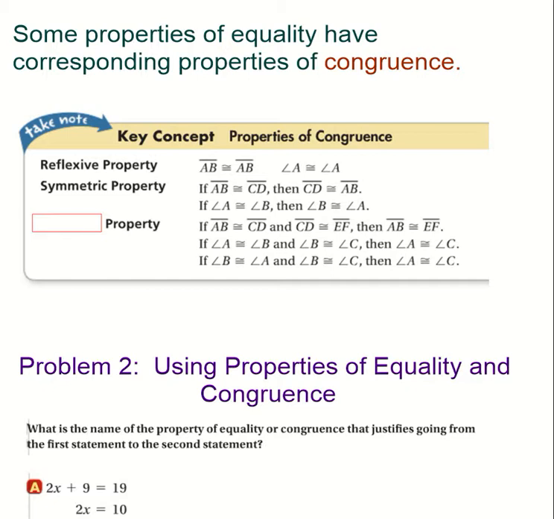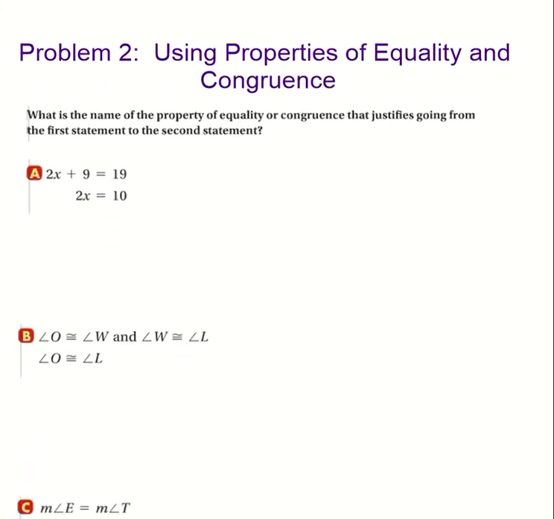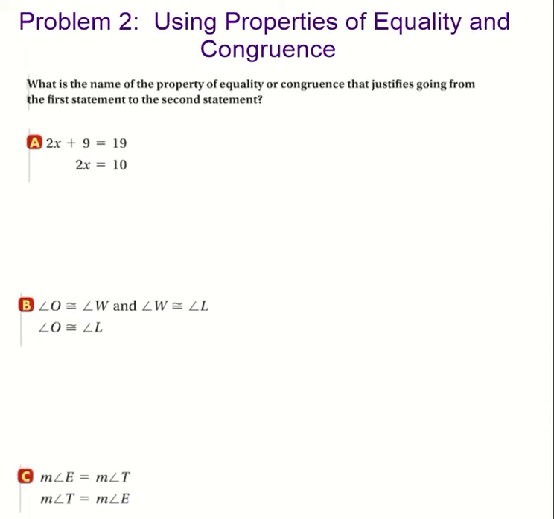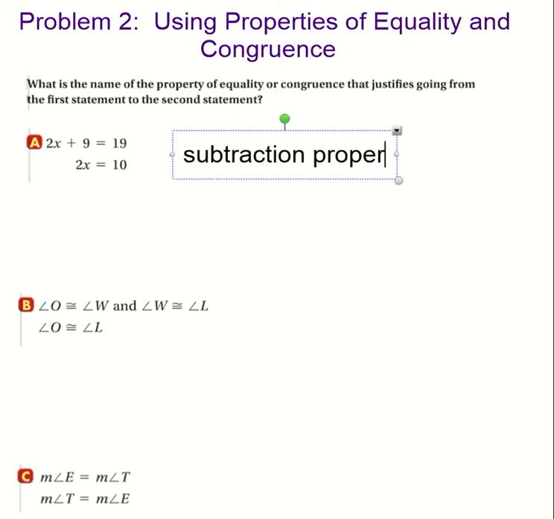And then we also have the transitive property. If segment AB is congruent to CD, and segment CD is congruent to segment EF, then segment AB is congruent to segment EF. And so we're going to use these properties of equality and congruence to justify these steps. And so if we look how we went from 2x plus 9 equals 19 to 2x equals 10, what do we use there? Well, it looks like we subtracted 9 from both sides, and so we use our subtraction property of equality to